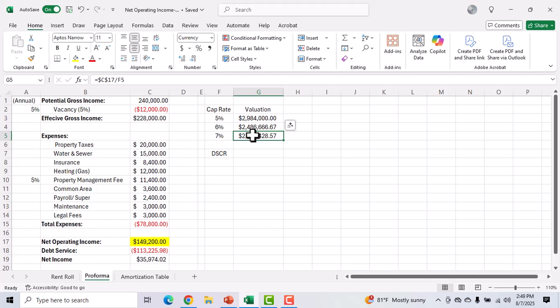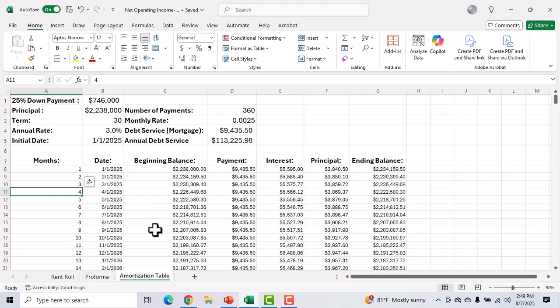Now, I don't want to go into too much detail about the cap rates and valuation just because the purpose of this video is to show you guys how to calculate the debt service coverage ratio, but we'll save this for another video. So now that we have our net operating income, we've capped it, we've arrived at a valuation of 2.9, and now that we know that the property is valued at 2.9, we can come into our amortization table